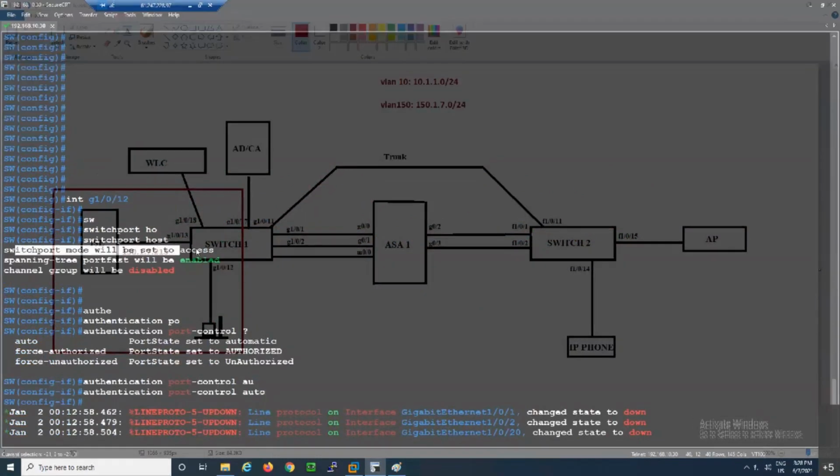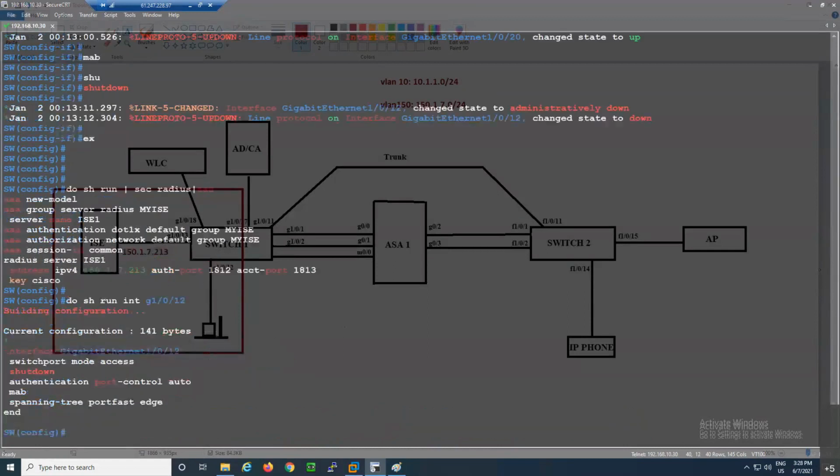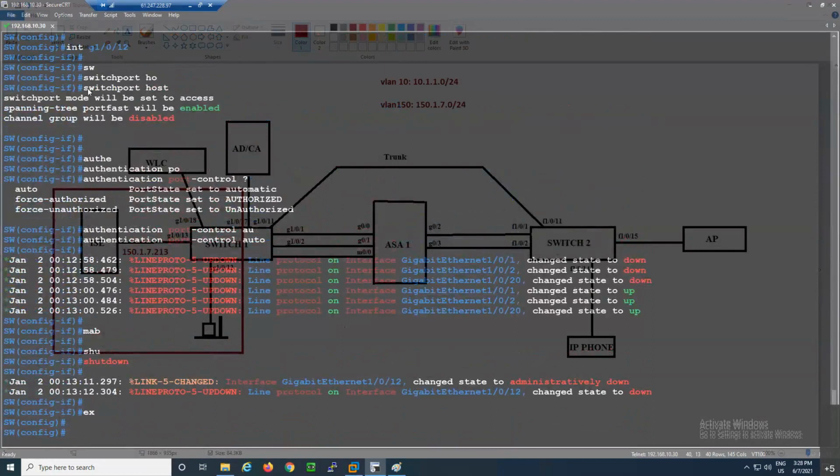Switchport mode will be set to access, spanning tree portfast will be enabled, and channel group will be disabled. Means EtherChannel will not be working on this interface where endpoint is connected. So whenever you are connecting any host with the switch, then you can run this command switchport host. All these host specific configurations will be enabled.